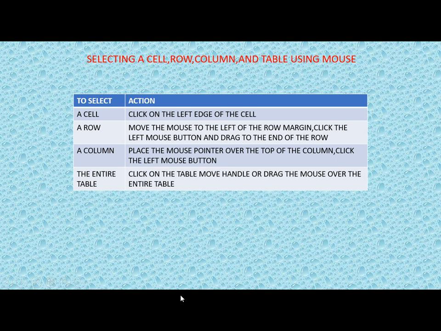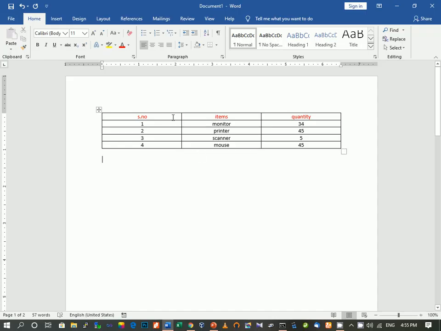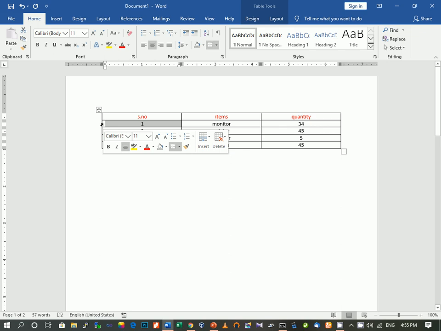Now I will show you how to do all these things in a table. If you want to select a cell, you have to click on the left edge of the cell. When you click on the left edge, you can see that the entire cell has been selected.